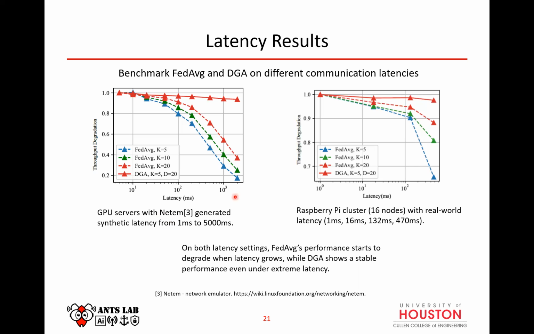And again, they use federated averaging as the baseline with different local computations, 5, 10, and 20 respectively, the blue, green, and red. The solid red is the one offered by this method. And we see that the throughput is way higher compared to federated averaging. In federated averaging, we see a small improvement in the throughput as the number of local computations increases, but still it's not as good as what this method is offering.